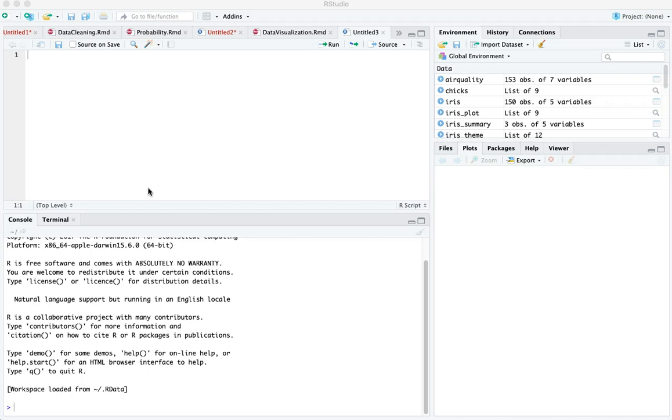So the word significant in statistics and data analysis obviously means something really important. Saying that something is statistically significant means that we know that it's not just due to chance. But in order to understand that, we have to know what the range of values that are due to chance is. And in this lab, we're going to look at how we figure out those values and how we work